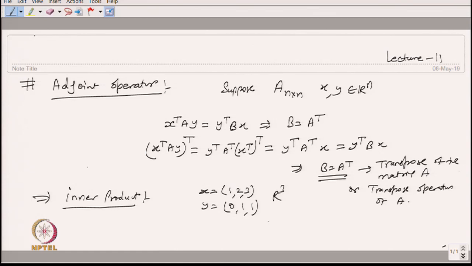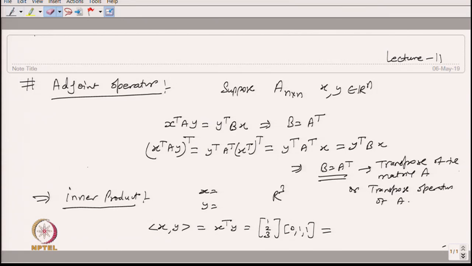If I want to multiply these two vectors, then I have to take the dot product. In this case we generally take the column vector, so I will take the vector 1, 2, 3 as a column vector, and another vector